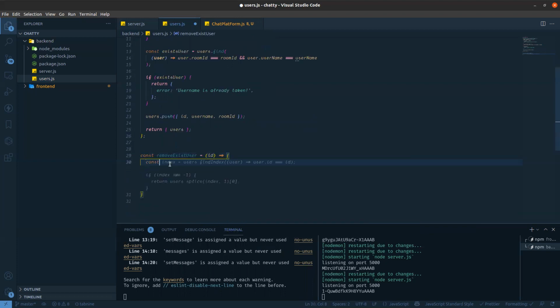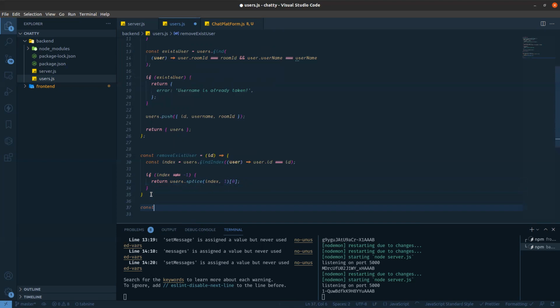First I'm finding the index, whether it is there or not. If it is there, then we remove it. We are using the splice method. Here I'm putting index, and how many elements, 1. So this is the method to remove. So I already removed that user.